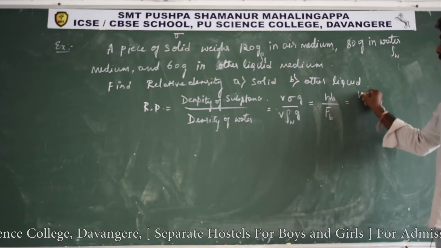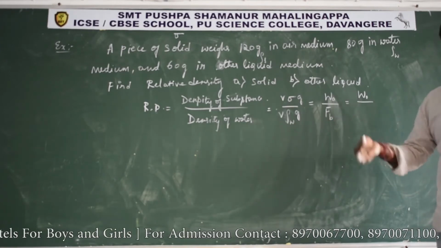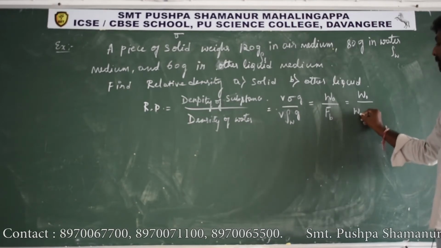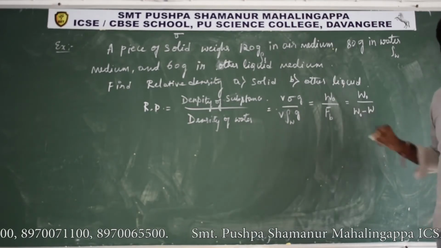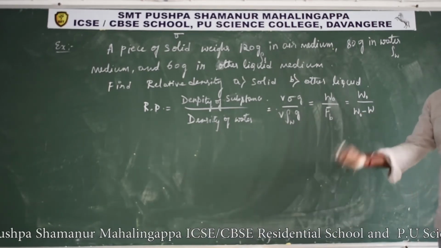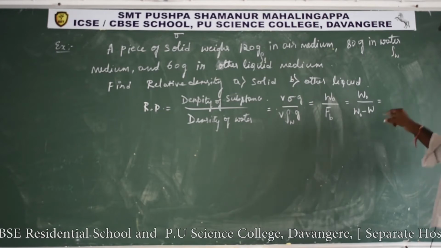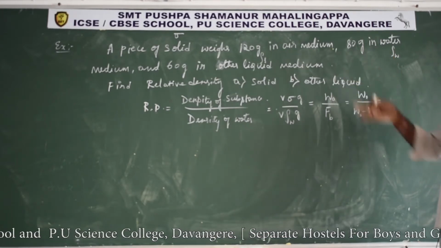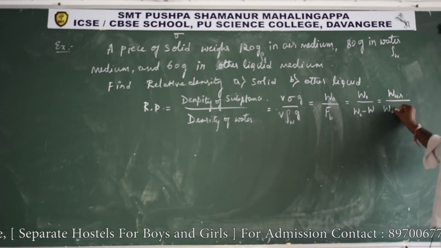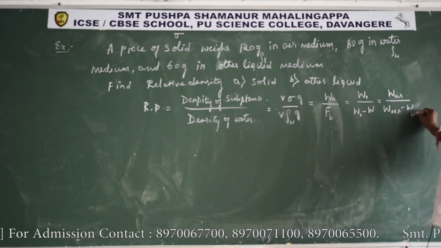Okay, and this W naught, weight in air medium, also you can consider, divided by force of buoyancy. By definition, force of buoyancy is equal to loss of weight. Loss of weight, how did we represent it? W naught minus W, where W naught is original weight and W is apparent weight, that is weight in the liquid medium or water medium, right? So the simple way to remember relative density while solving problems like these: weight in air medium divided by weight in air medium minus weight in water medium.